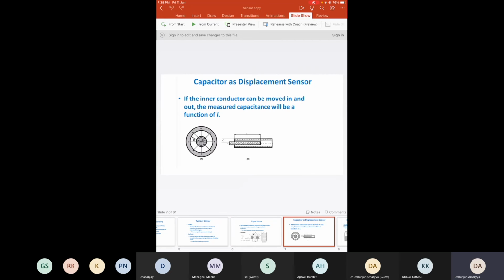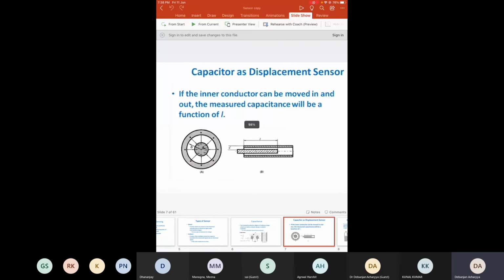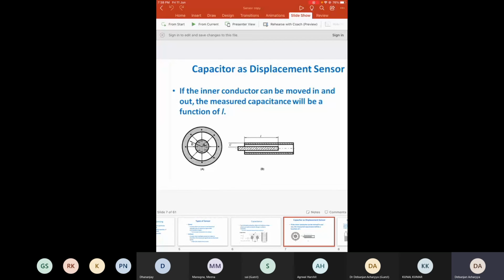So for example, a capacitor as a displacement sensor: you can see that if you change the dielectric medium in between two parallel plate capacitor here,